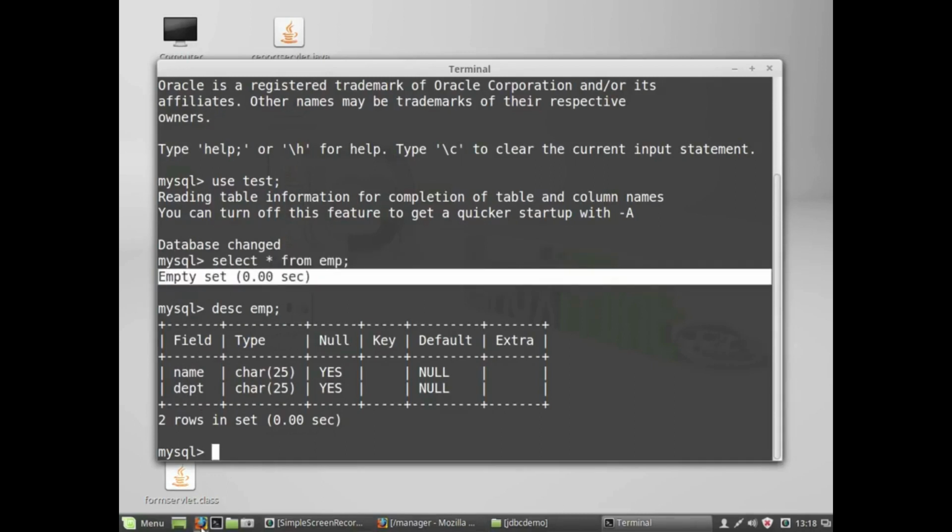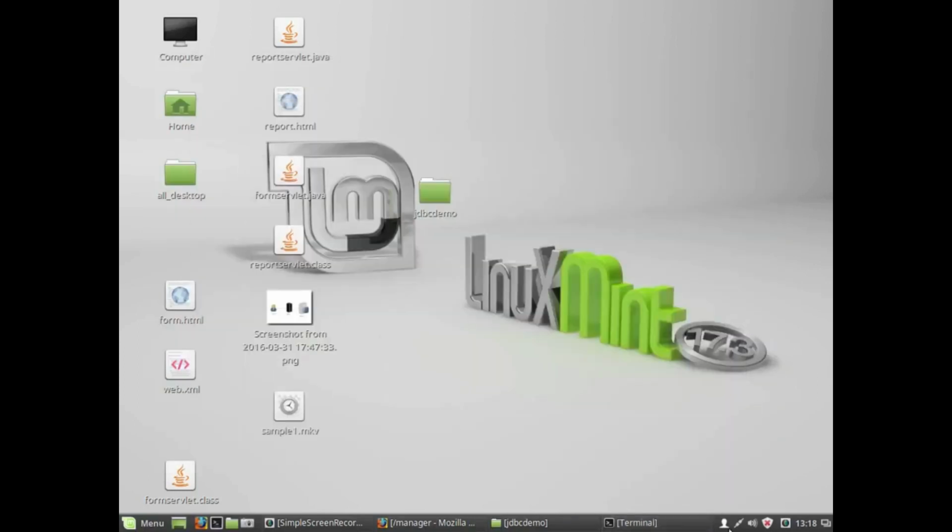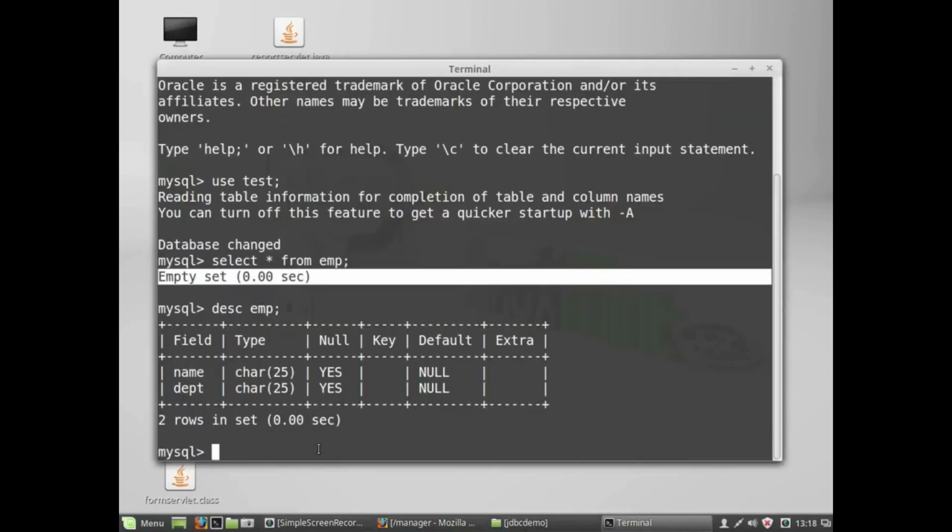Now we are going to insert some values in it, and we need to extract those details back to the web page. After inserting, let's see whether values have been successfully inserted or not, and then we'll execute a report.